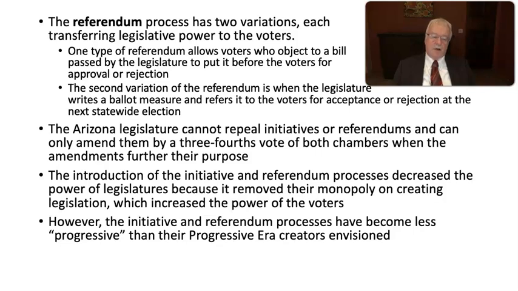Now, why would we do that? Legislators use the referendum in divided government, where the governor is in one party and the legislature is in the other. And if it's a highly partisan bill, the legislature knows the governor is going to veto it. So to avoid the veto, the legislators make it a referral to the ballot, which doesn't go through the governor. The governor can't veto that. It just goes right to the ballot. And we passed a number of measures last election using this process.